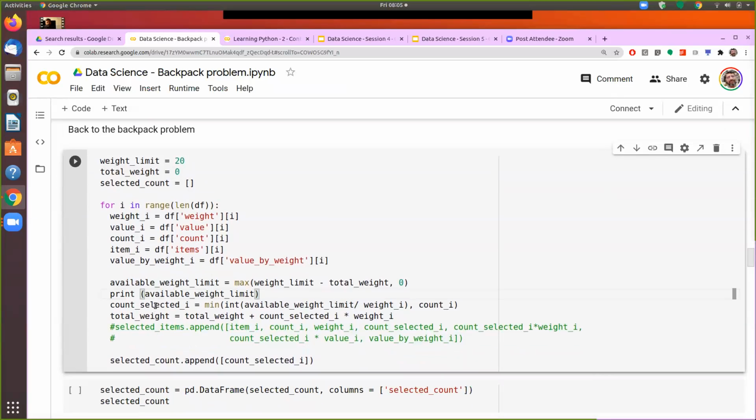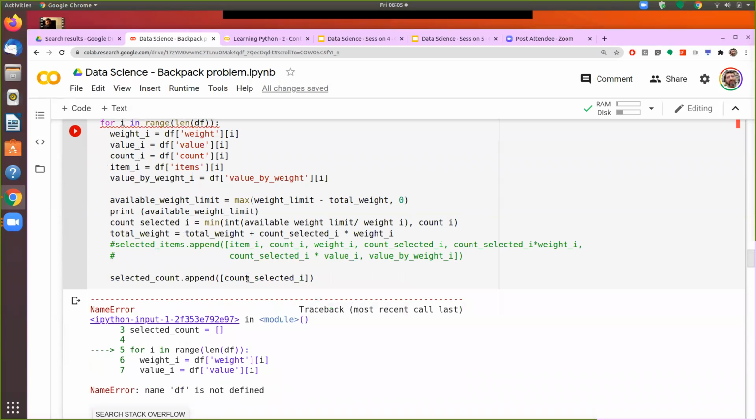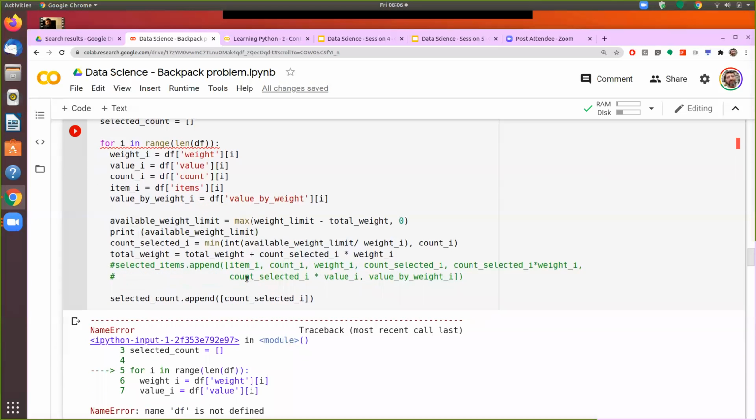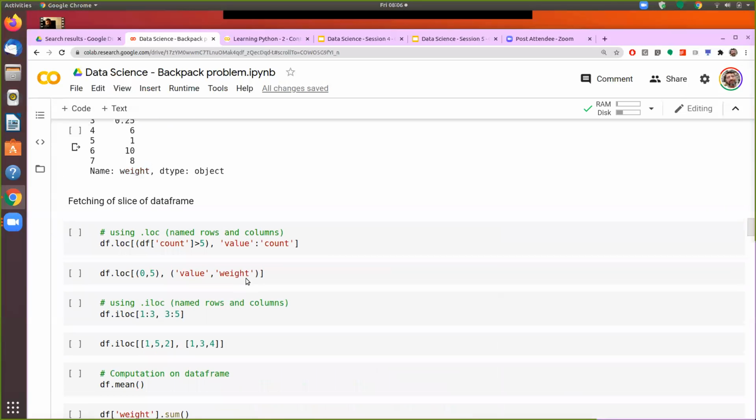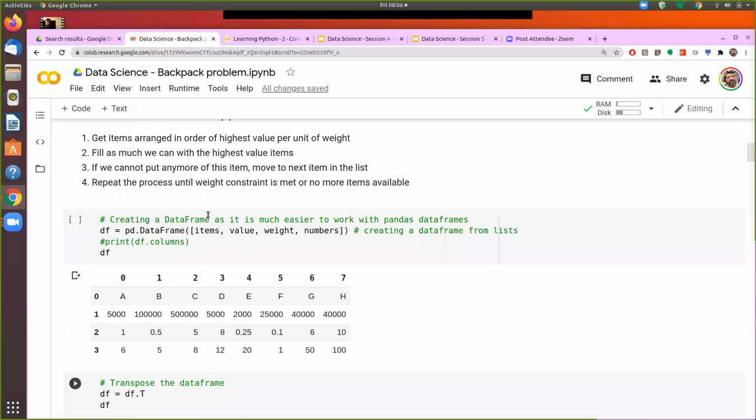Okay. So df is not yet defined. So we'll run the code from the beginning.